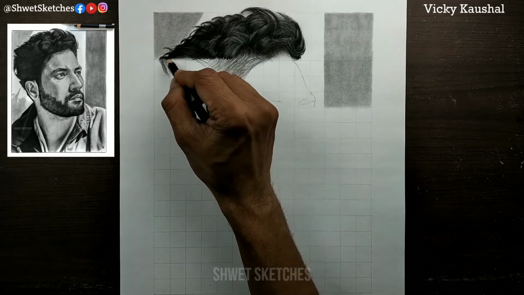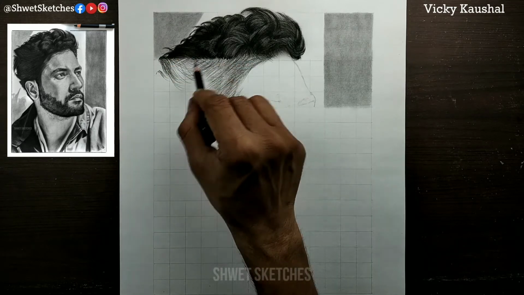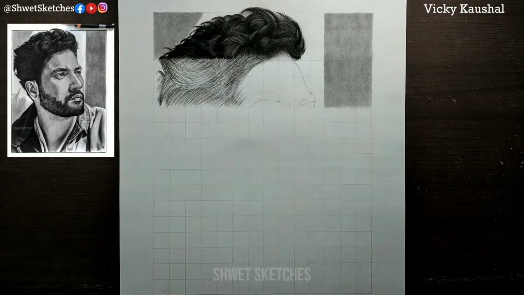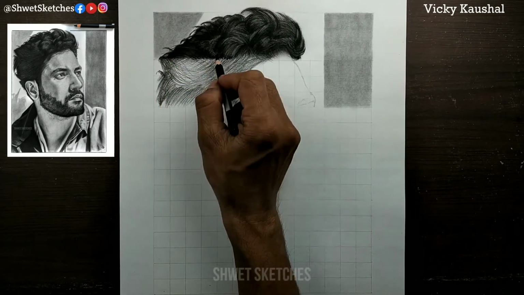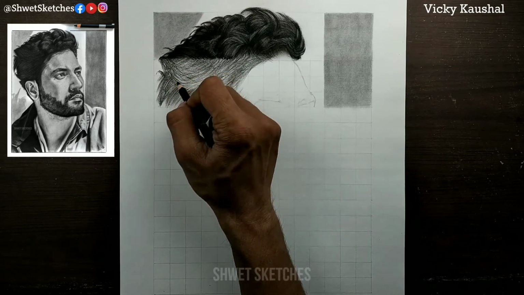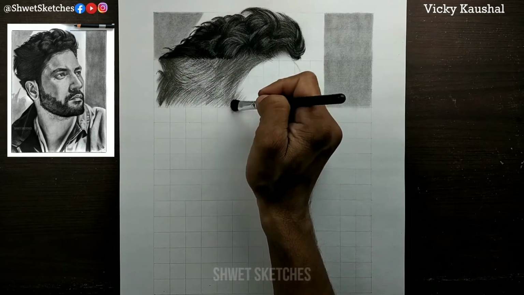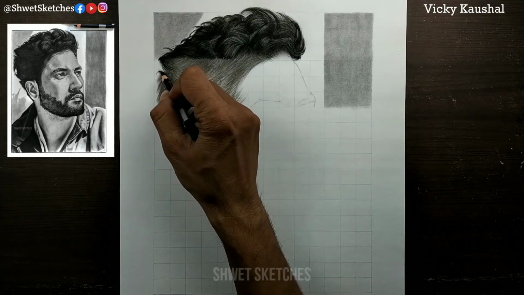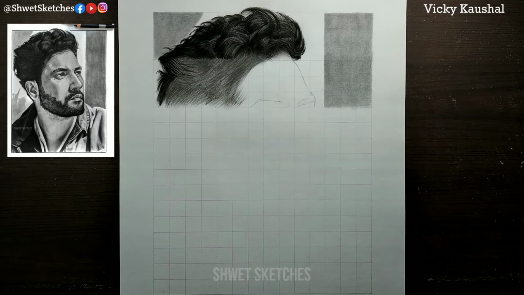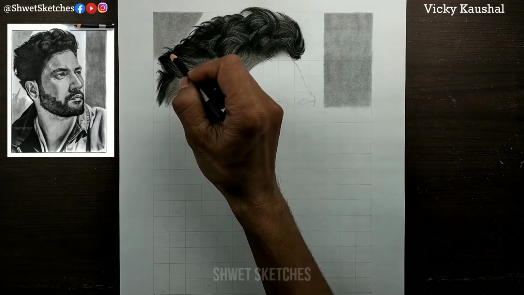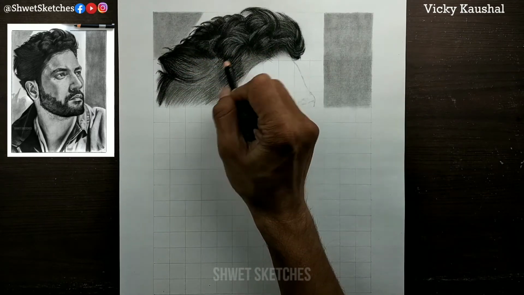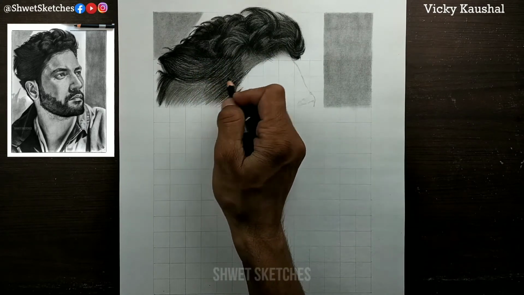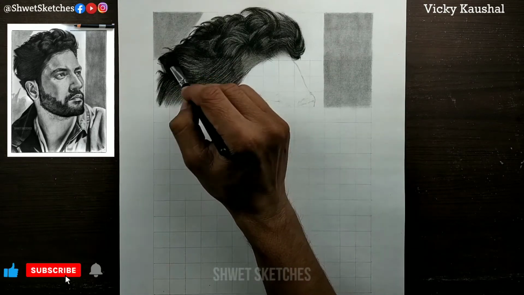So our goal, if you are a portrait artist or if you are making any type of art, the main thing about any portrait sketching or art is that if you apply more and more details, it will look more beautiful. So the same thing goes here: I am going grid by grid, applying a little bit more and more details. By applying more and more details, the hairs are looking too good, right? So for the base layer, I have used a hard charcoal pencil, and using the hard charcoal pencil I have just made directions first of all.